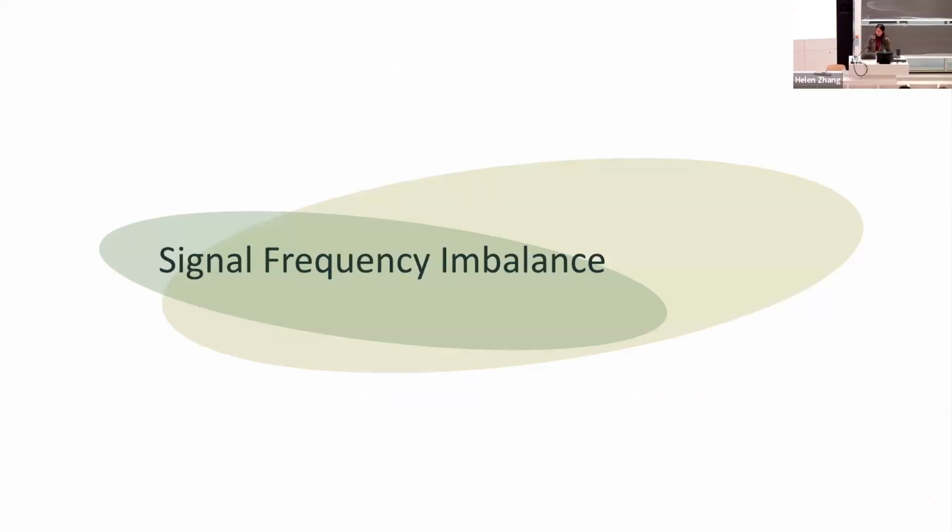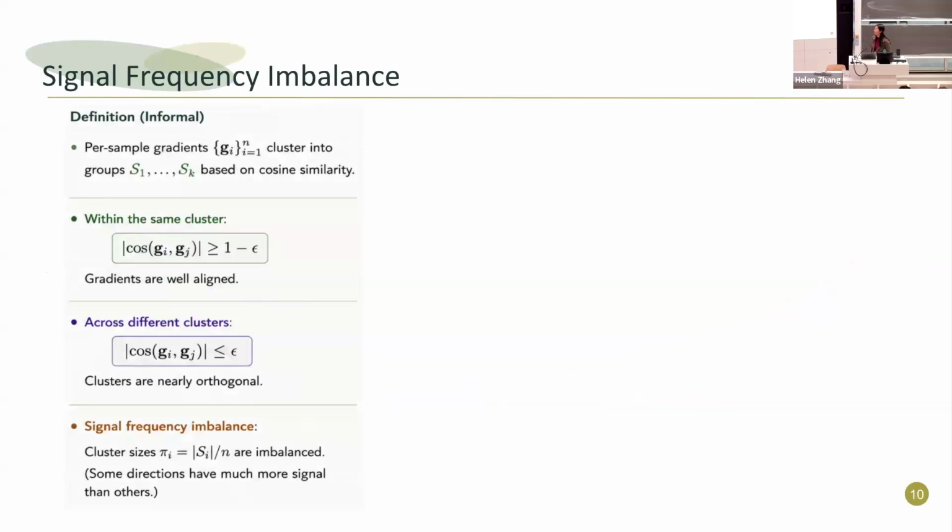And we have come up with a framework to capture the imbalance in the middle layers. It's a generalization of class distribution imbalance, but we call it signal frequency imbalance. The definition goes: if you look at the per-example gradients, and they can be separated into a few groups, let's say group S1 to group SK, such that within each group the gradients are highly correlated, and across groups the gradients are almost orthogonal, then you have this